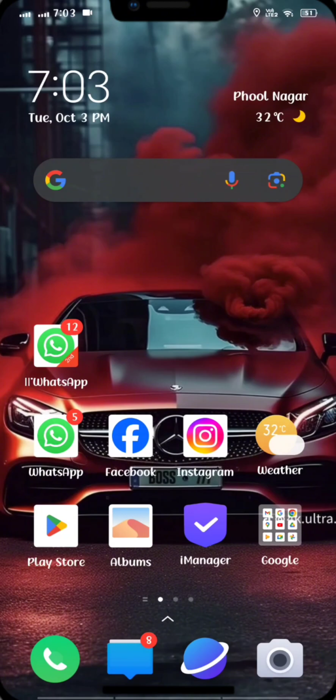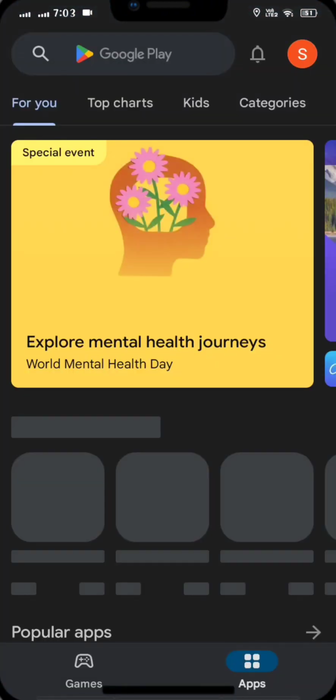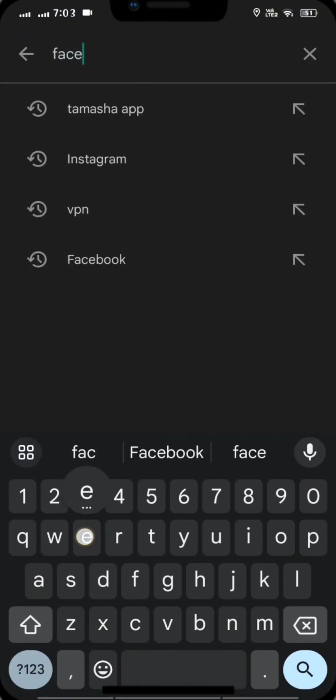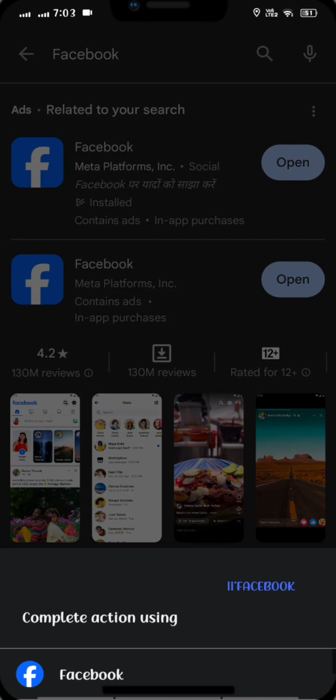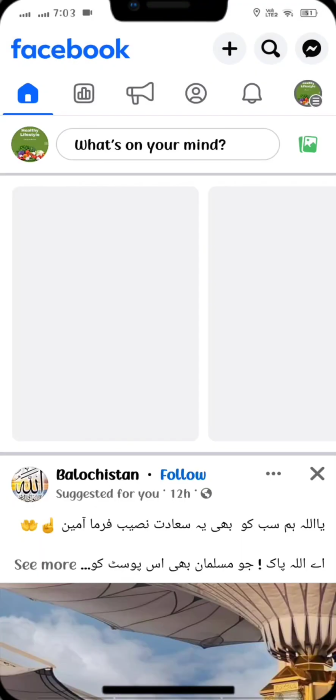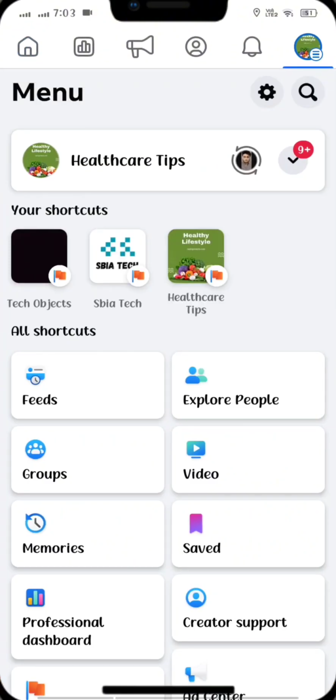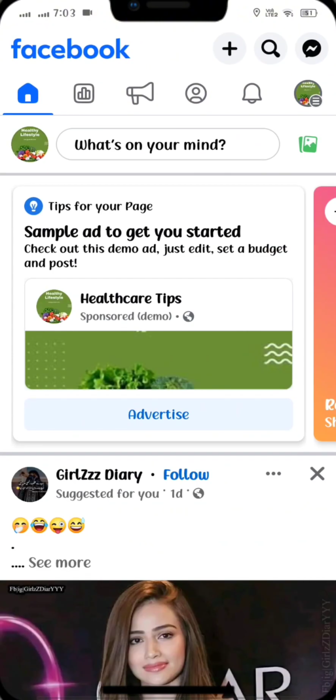First you have to go to the Play Store and make sure that your Facebook is updated. My Facebook is updated, so you have to click on Facebook and open it, and you can see that this is my Facebook page, and I want to change the name of the FB page. So click on it